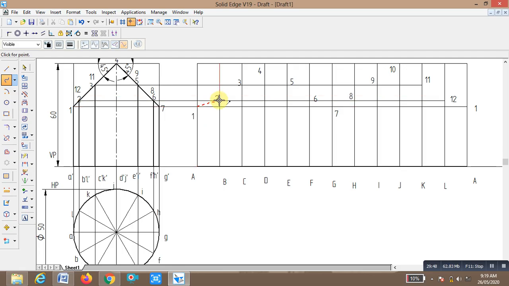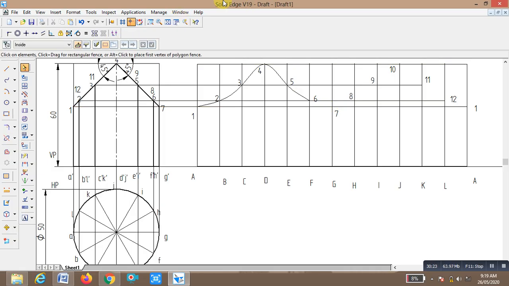This is point 1, this is 2, 3, 4, 5, 6, 7, 8. Yes, 8 also is 4 lines. We are going to split at 8 also. So here split.